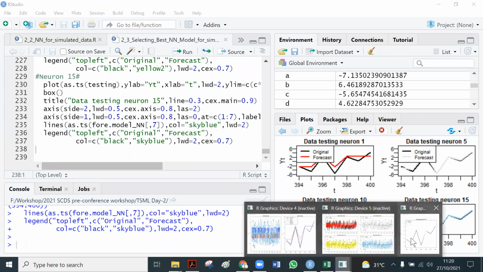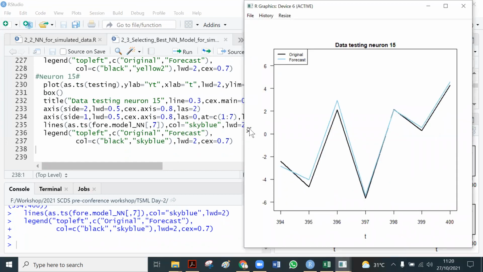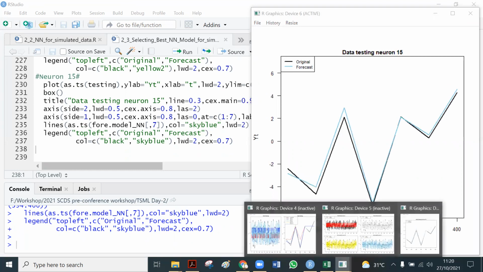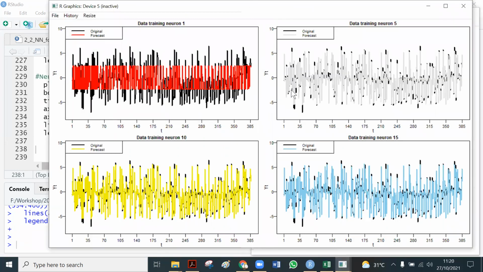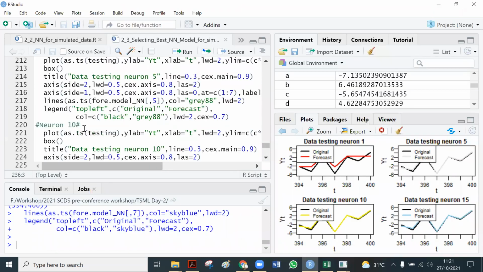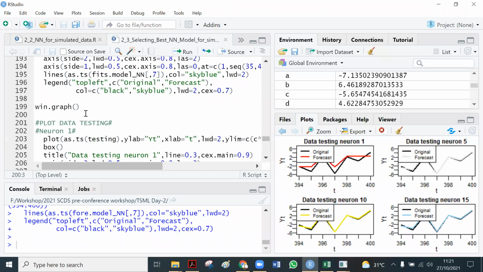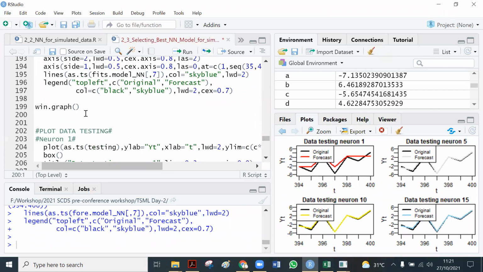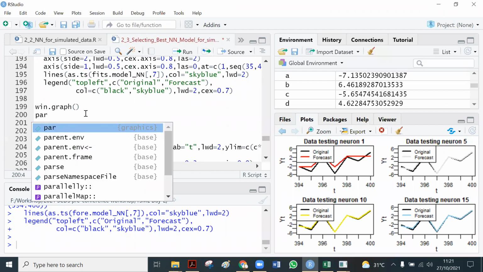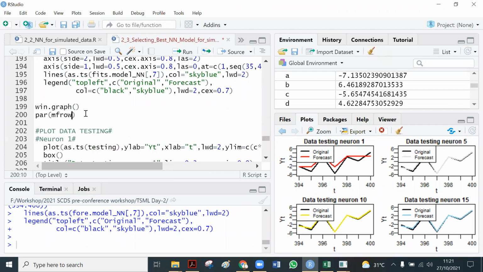Okay, I'm sorry, I should make the setting like this. So okay, let me do it here. Sorry. We make the window be 2 rows and 2 columns, 2,2.